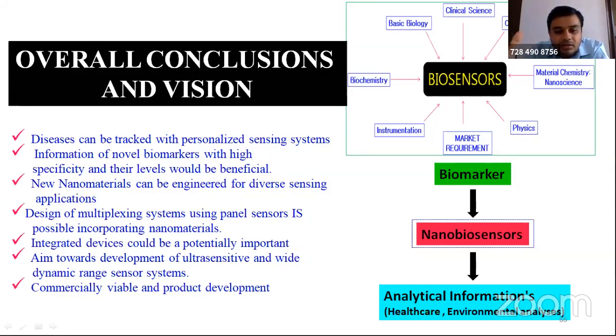I said in the initial discussion also, we are interested in the levels. I mentioned this in one of the slides. The sensor output is the level, the concentration, the selectivity process. So based on this data, the healthcare professional or the environmental expert will give their recommendations. If the doctor knows the level of the glucose, he will tell you whether it is hypoglycemia or hyperglycemia or somebody is normal.